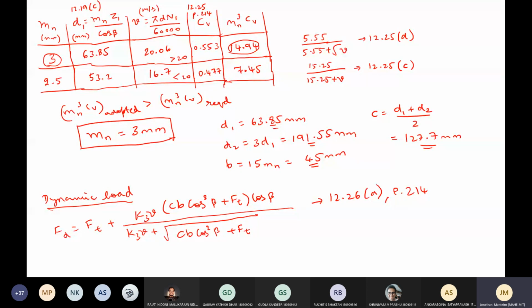Okay, and remember, wear load is of higher importance over here because this is not a pure case where one teeth is just pushing the other teeth, it is sliding over the other teeth. So this will have some greater importance when compared to the spur gear system.